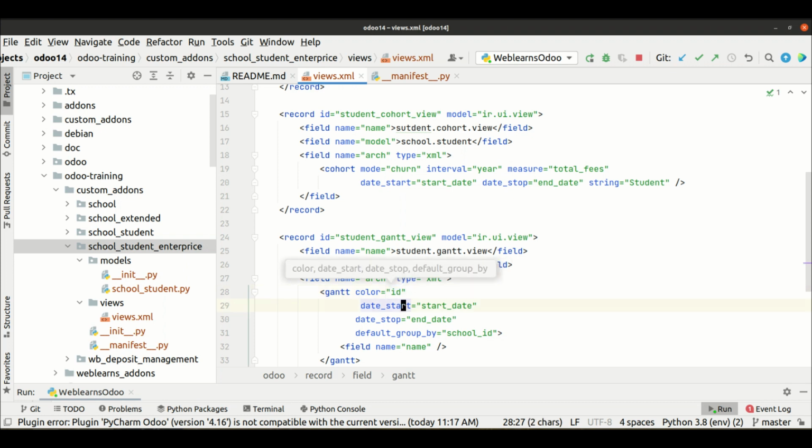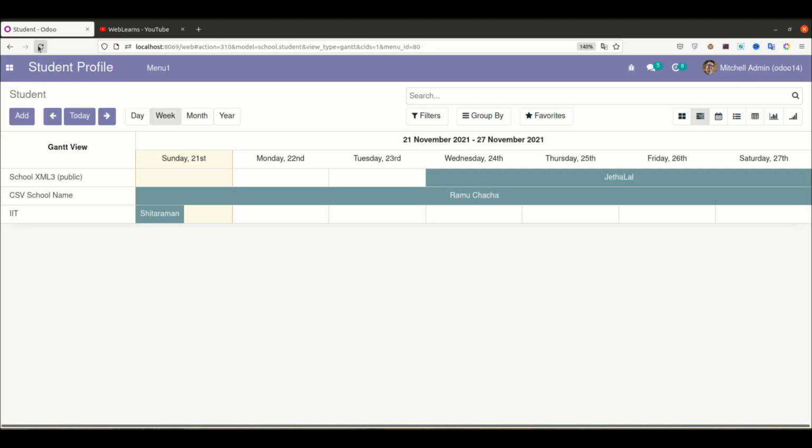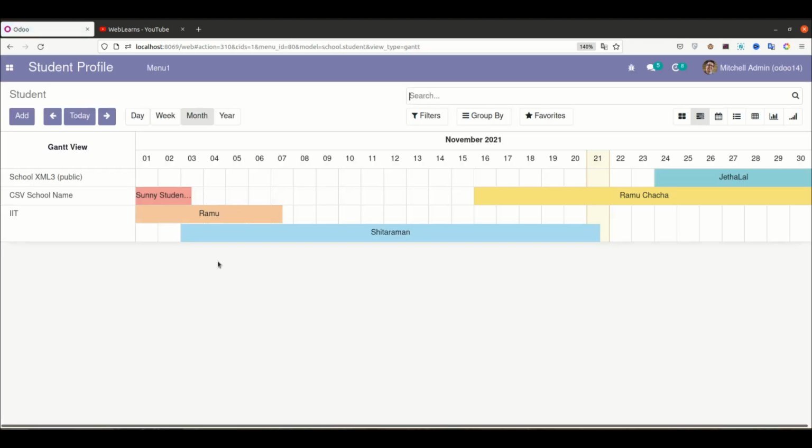When we use ID, it means it will automatically generate a unique color for each and every record. So let me stop the service, then upgrade the module and refresh the page. So you can see it will automatically generate unique colors here, right? Like this.